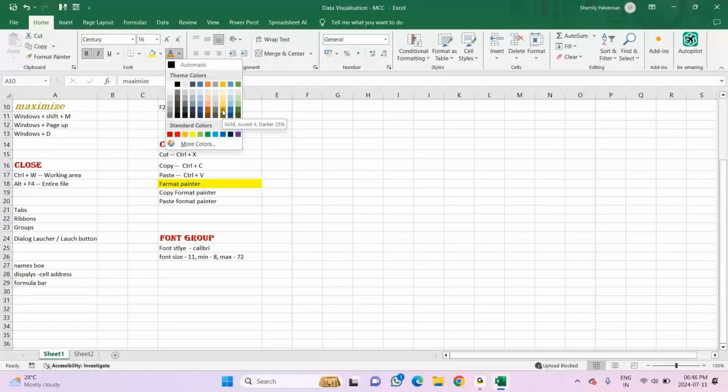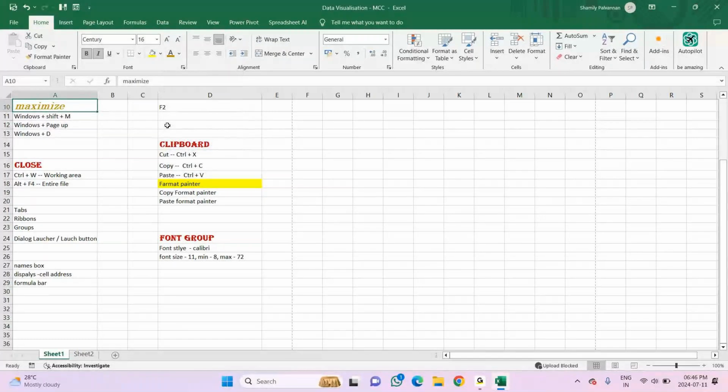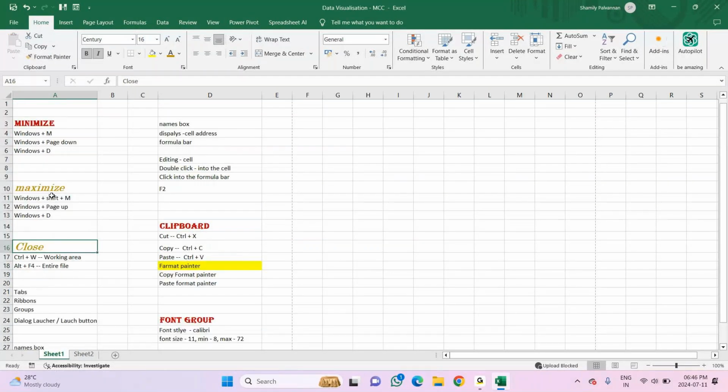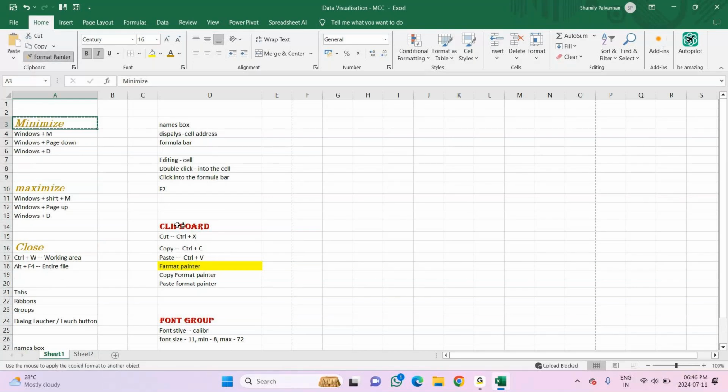After changing this, now I want to apply this formatting to all the headings. You can click on this Format Painter, and whichever place you want to apply it, you can double click on that, so automatically it will change. Now again I want to change this, copy paste it. So again click on the Format Painter, apply, and click on this one.